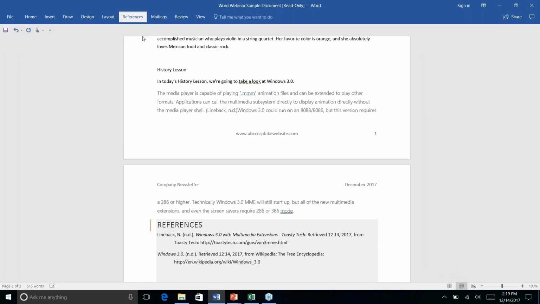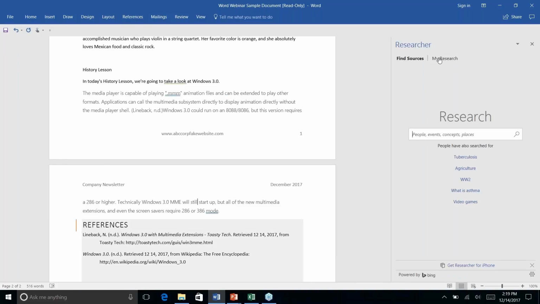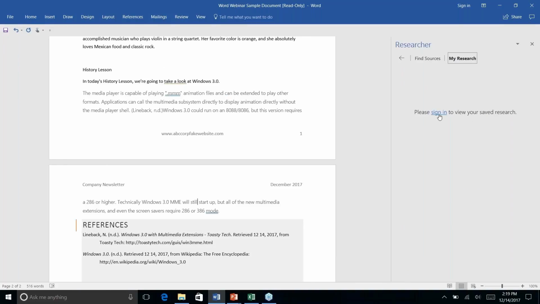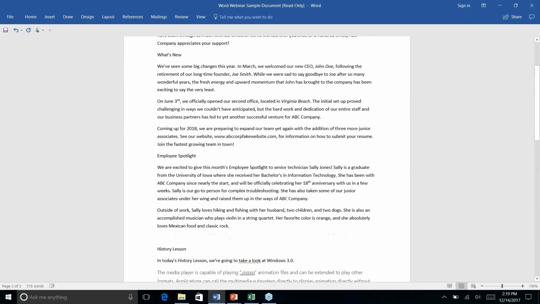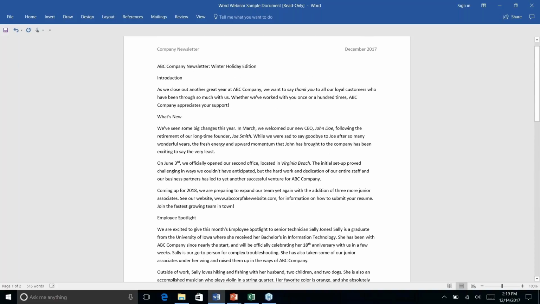If you need to go back into it, go back to Researcher, and you can even see My Research. You do have to log in to either your Outlook account or your Microsoft account to be able to view saved research, but once you do log in, you do have the option to bookmark research that you have used before. So that is extra handy, especially if you have sources that you really love, that you want to use